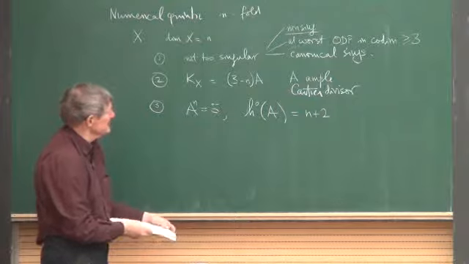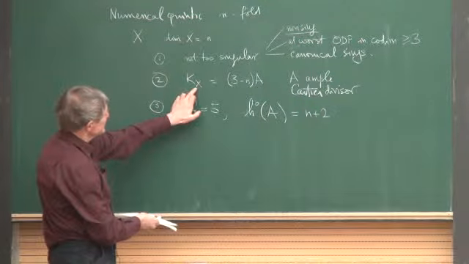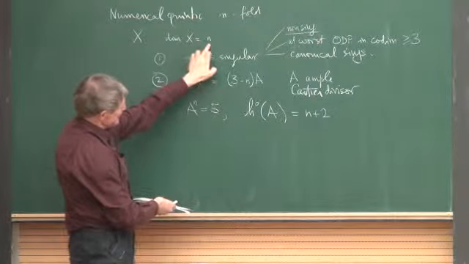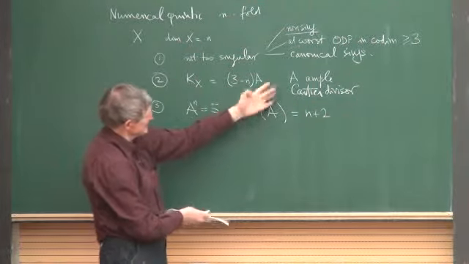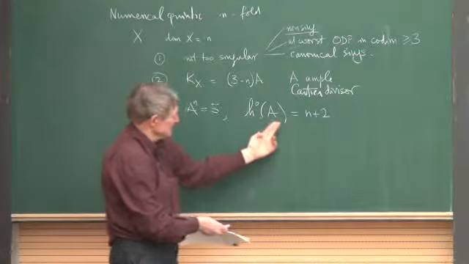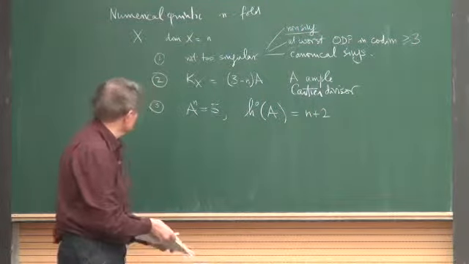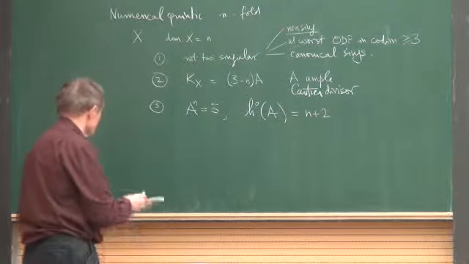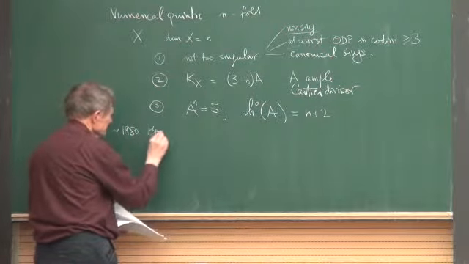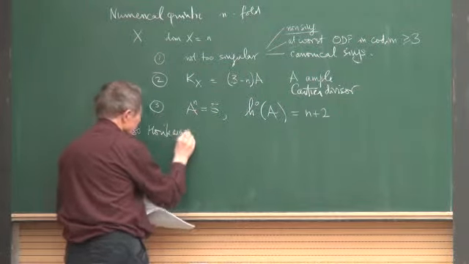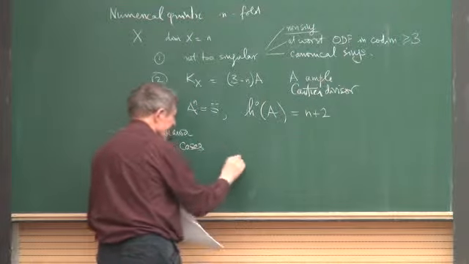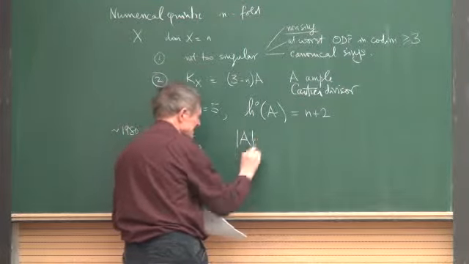I think everybody here knows the case of X a non-singular surface of general type. So then n is 2, and then we're saying K_X is an ample Cartier divisor, and A squared is 5, and h⁰(A) is 4. So this is the thing that Horikawa called a numerical quintic. So around 1980, Horikawa proved that there are two cases. So either A is free,